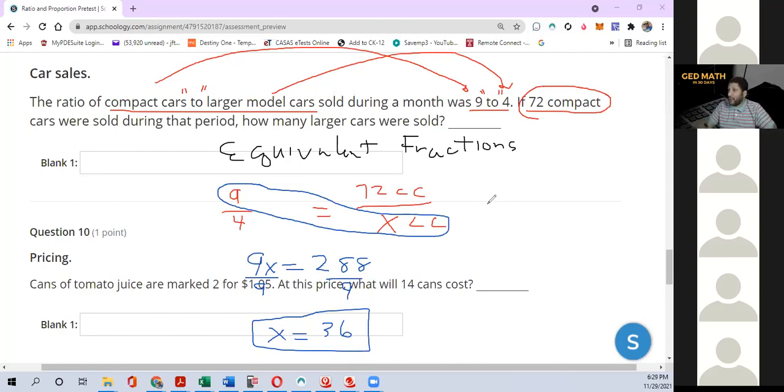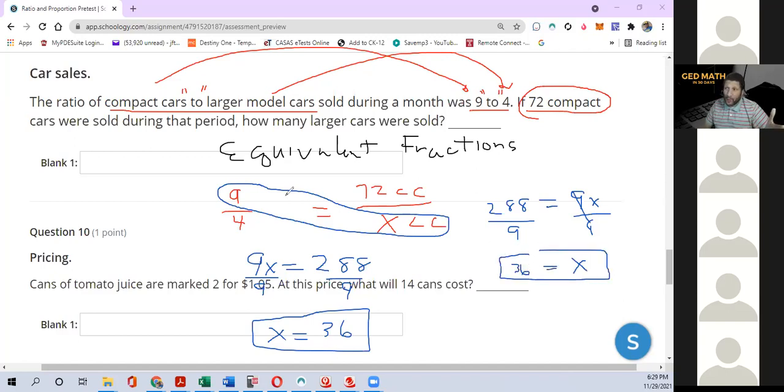Okay, 72 times 4 is 288 equals 9x. Now, this time your variable's on the right. Is it any difference? No. Doesn't matter. The reason why I multiply 9 times x first, the one that contains the variable, is that the variables are always on the left. It's just most teachers teach the variable on the left side, not on the right side,